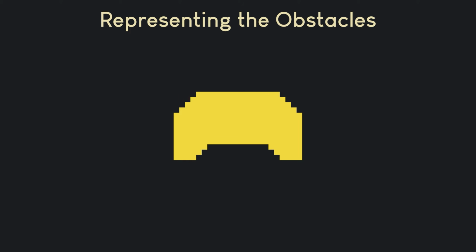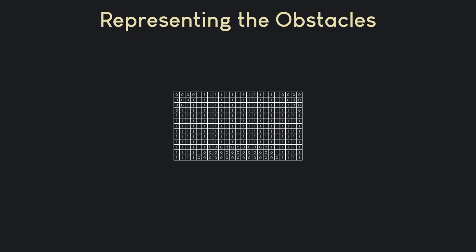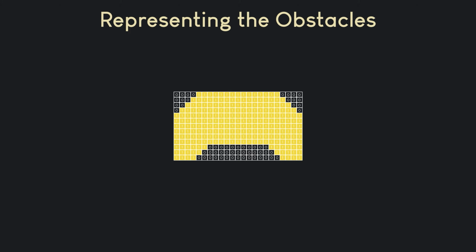So, in order to create an obstacle like this, all we have to do is to create a grid with the following values. If we turn the cells with the value 1 yellow, we get the shape of the obstacle we want. Cool, huh? Now, when a laser hits a cell, we only need to change it back to gray to simulate damage.